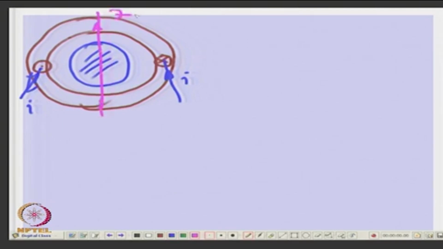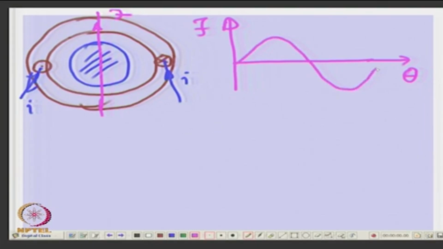This will be the field F, and the field F with reference to theta, okay, will be like this. Of course, if you take theta equal to 0 here, this is pi, this is 2 pi, okay,